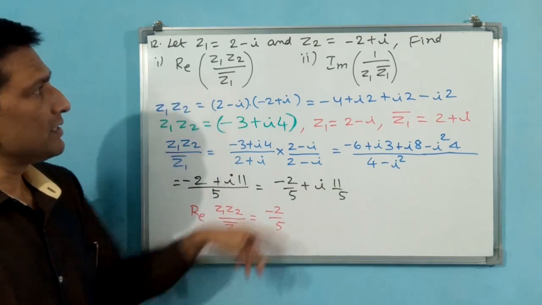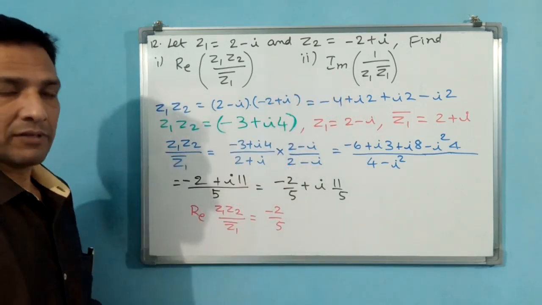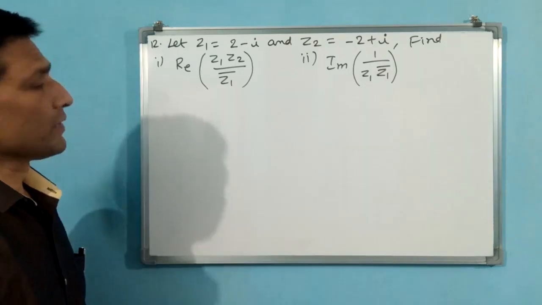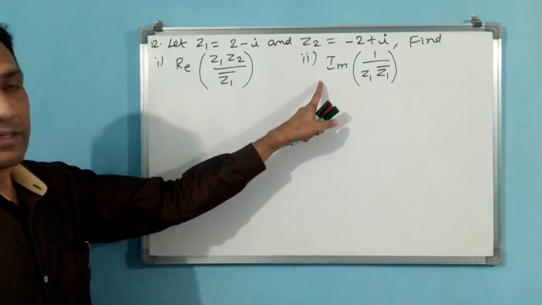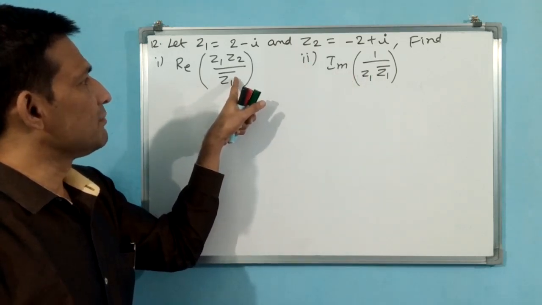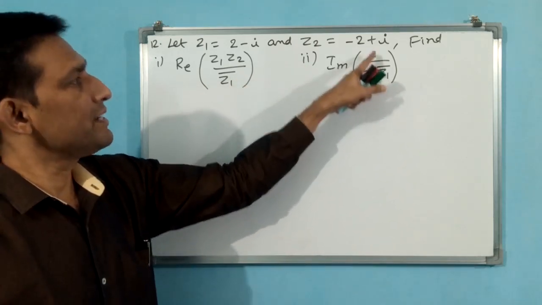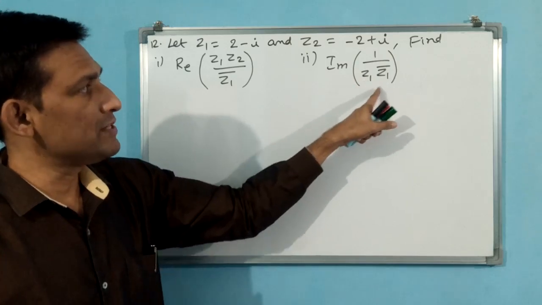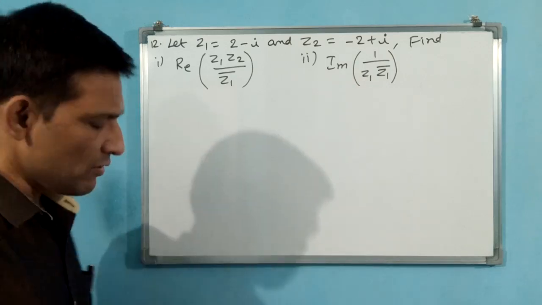Now this is the first part only. You write down this one. We go for the second part also. Okay, let us do the second part. In the second part, you see, here the conjugate is divided, but here the conjugate is multiplying in the denominator. First we will do Z1, Z1 bar. Okay? Again you have to write.